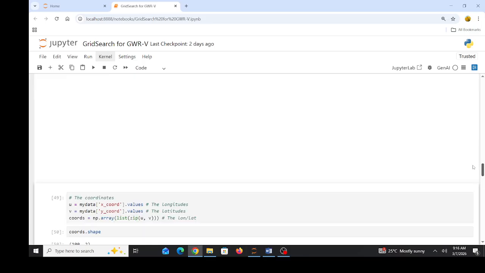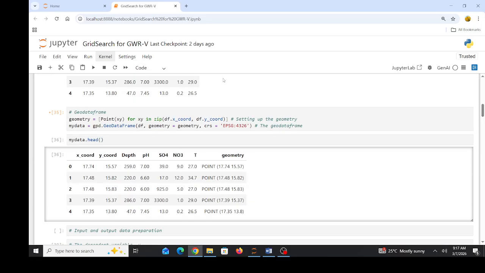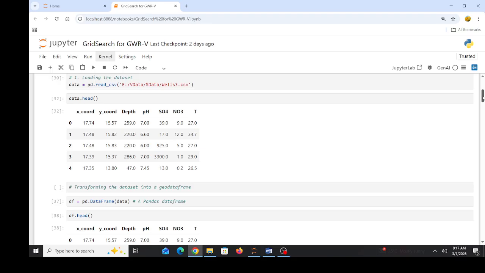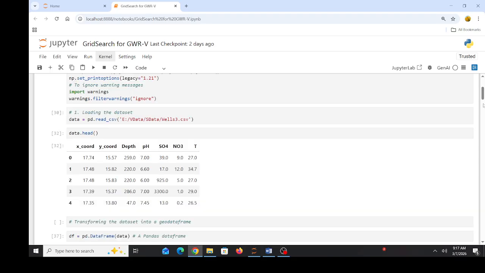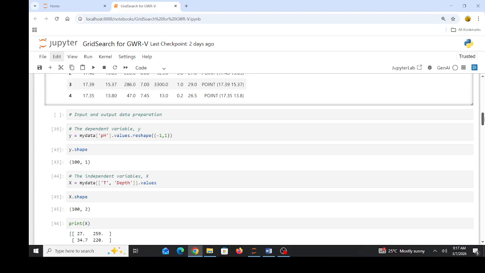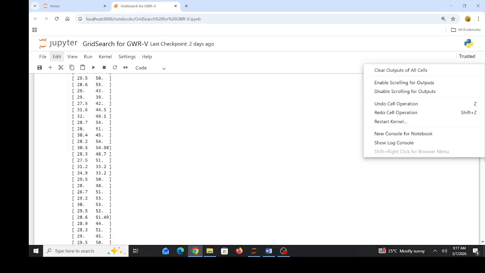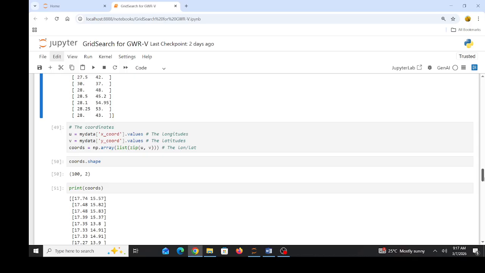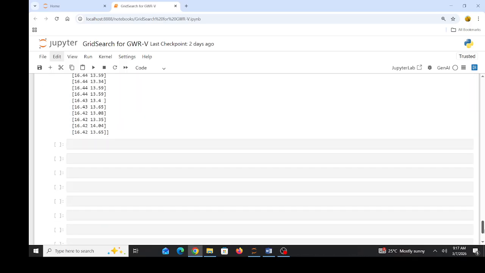Loading the data is the first step, the second step is the data transformation, the third step is the data preparation, and then we are at the fourth step here, which is performing the grid search